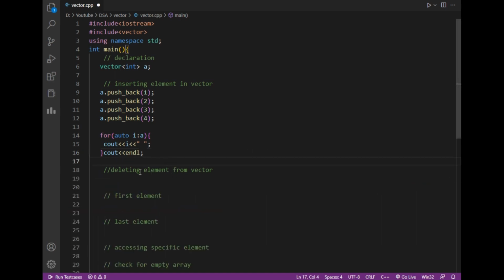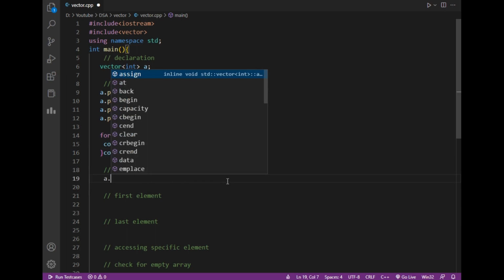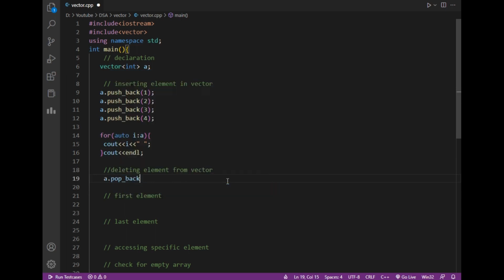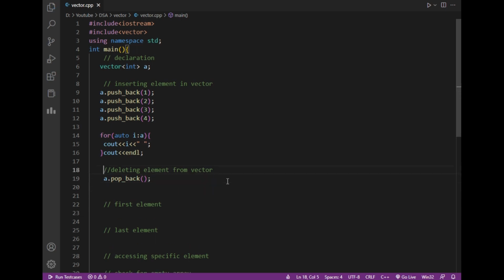Now let's move to the next section, which is deleting an element from a vector. Deleting an element from a vector works in last in first out manner. So the last element inserted in the vector will be removed from the vector first. In the above case 4 was inserted last, so it should be popped using the pop_back function of vector. I will just write a dot pop_back function, which will simply pop 4 from the vector, and to print the vector I will just copy paste the same code